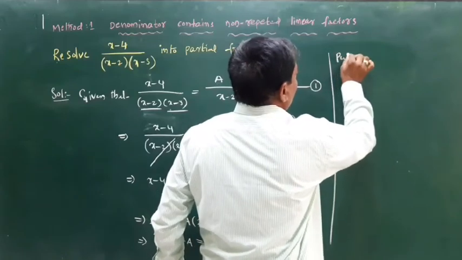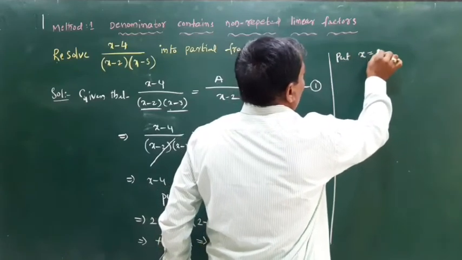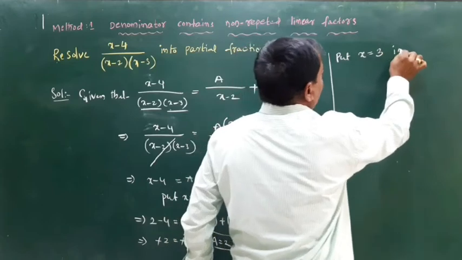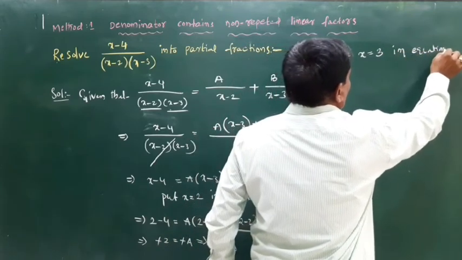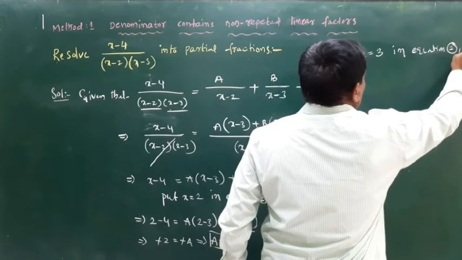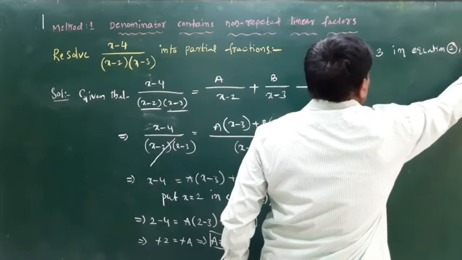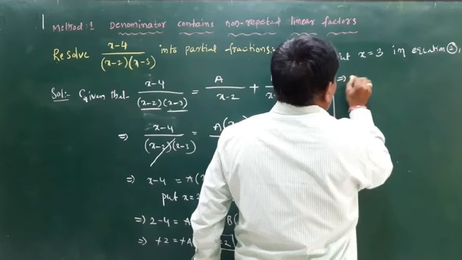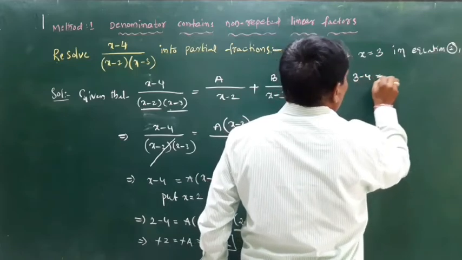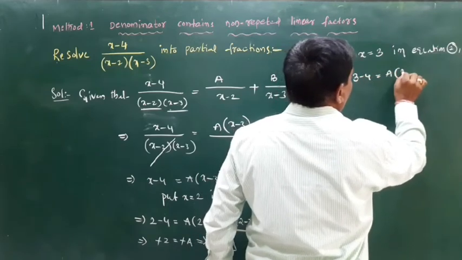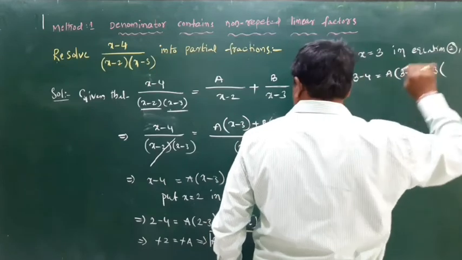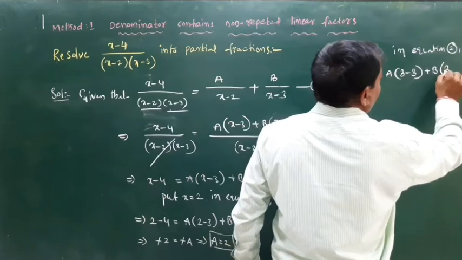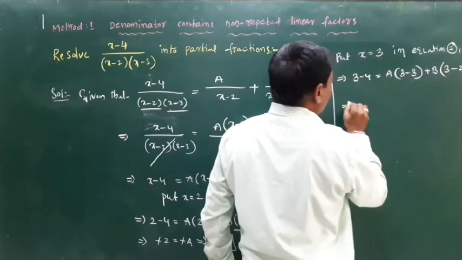Put x equal to 3 in equation 2. We get 3 minus 4 equal to a of 3 minus 3 plus b of 3 minus 2, and this implies minus